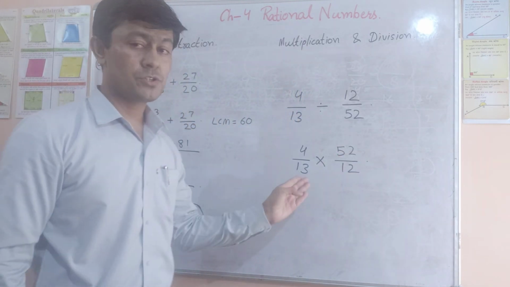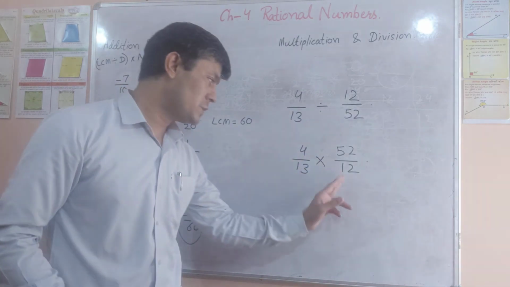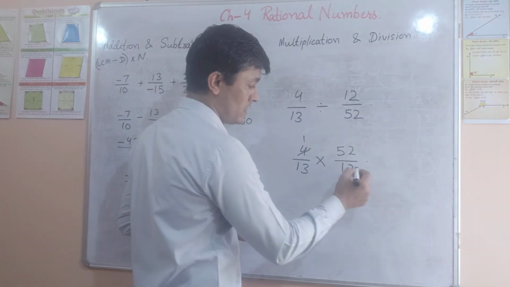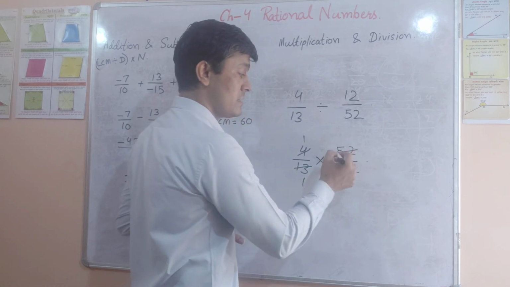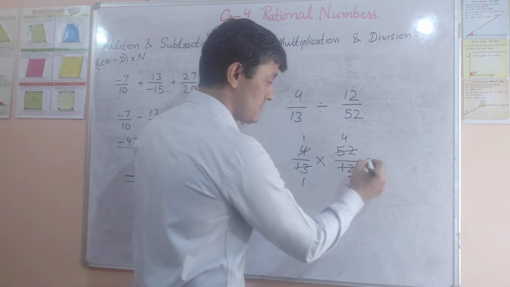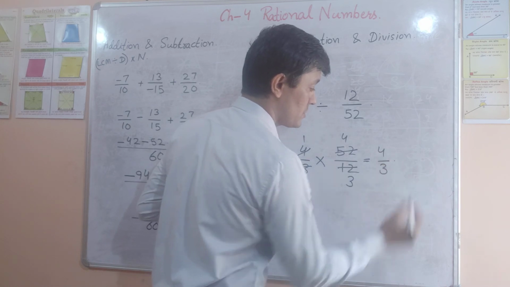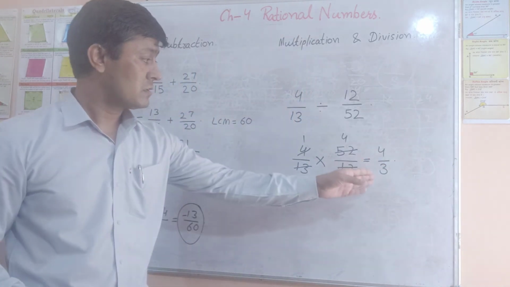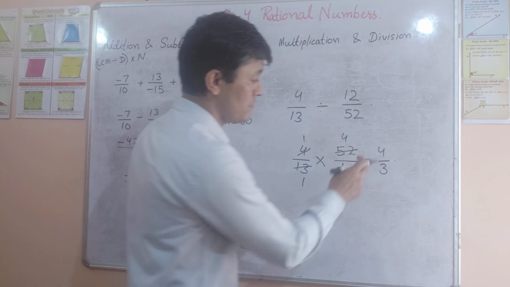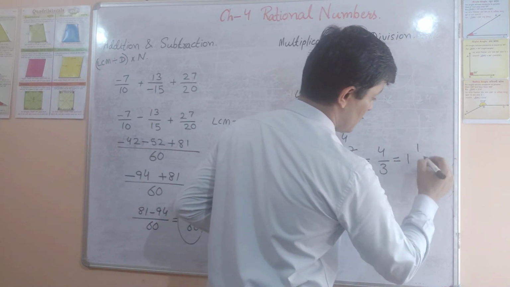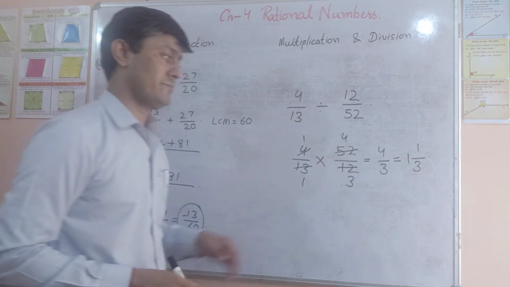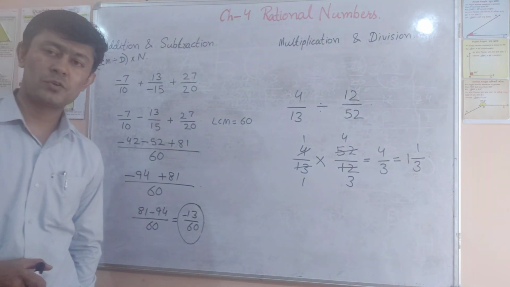Now, this is the simple question of multiplication. Now, 4 and 12 can be cut? Yes. 4 1s are, 12 is double of 4, 3s are, 13 1s are, this 4s are. So the answer will be 4 upon 3. Mixed one, mixed improper fraction. That means you have to convert this into a mixed one. So 1 whole 1 upon 3. I think this is clear to all of you.